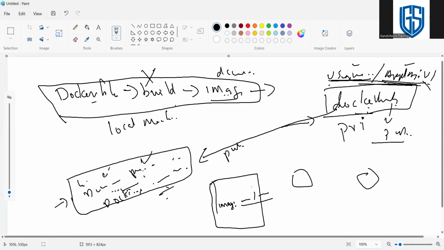So after running the Kubernetes YAML file, it will look in Docker Hub for the image with the corresponding username. It will pull the image and run the application.